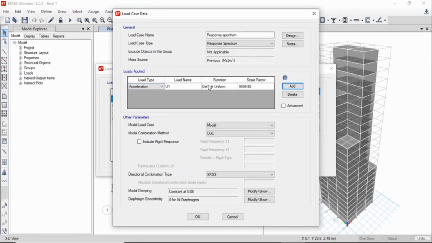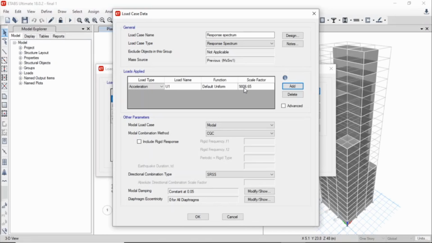Now for the scale factor, we have to use the formula I into G divided by 2 into R, where I is the importance factor, that is 1. G is the acceleration due to gravity, that is 9.81. And R is the response reduction factor. Here our G will be 9.81, which we will be converting, so it will be 9801.